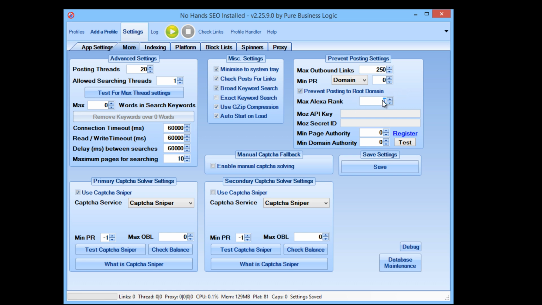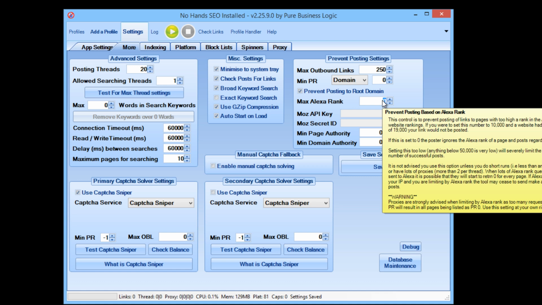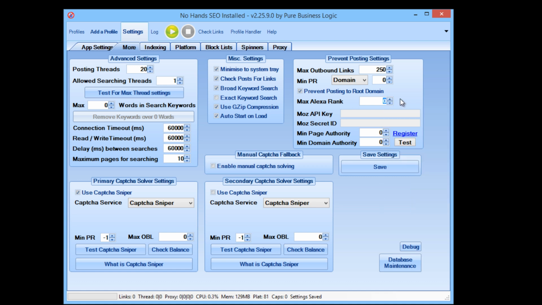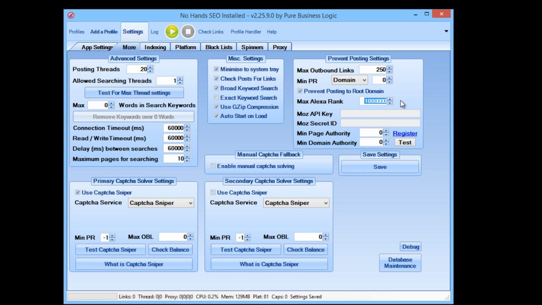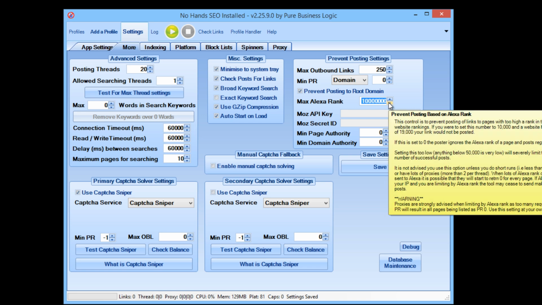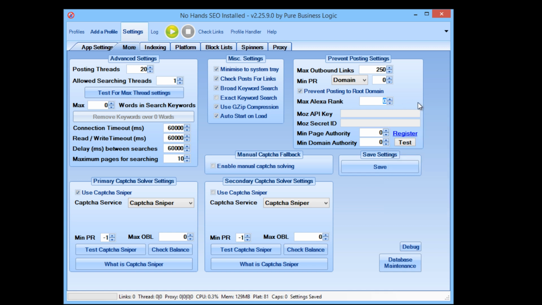Maximum Alexa rank. Now, the higher Alexa rank is based on traffic. So the top, say, 1,000 websites on the internet based on traffic are in the top 1,000 Alexa rank. So you can actually limit by the Alexa rank. So say you only wanted links from the highest million traffic websites on the internet, you can set that at 1 million, or you could set it up as 10 million or whatever you want. But do be warned that if you set it at anything below about 1 million, you're going to really struggle to get any links,